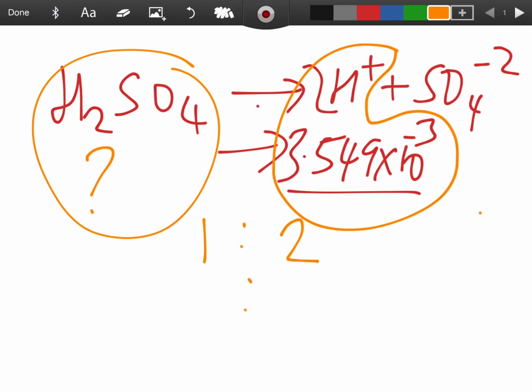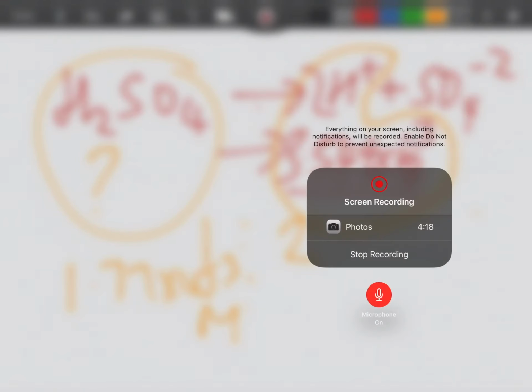How would you work out the concentration of the acid? Divide that by 2, because look at the ratio. The ratio there is 1:2. So when you do that, then you'll get the 1.77